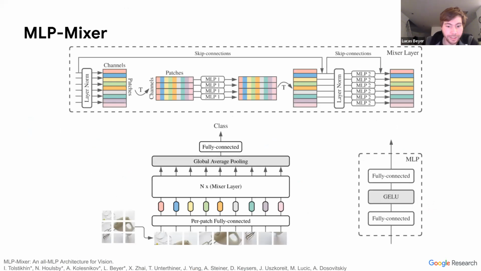MLP Mixer was then the next step. We wanted to have even more flexible models, or basically get rid of even more hand-engineered design in the model. In ConvNets, we have the convolution as a hand-engineered decision. In transformers, there's still self-attention as a hand-engineered core component. And then we wanted to see, okay, we have a giant amount of data, so let's get rid of even the self-attention thing